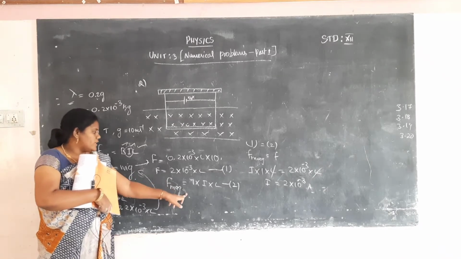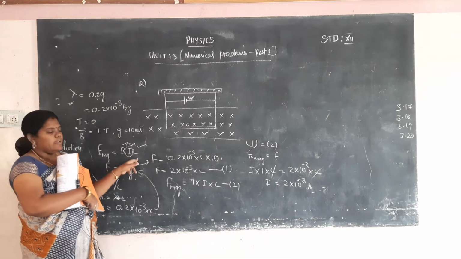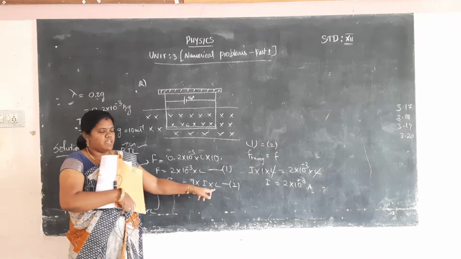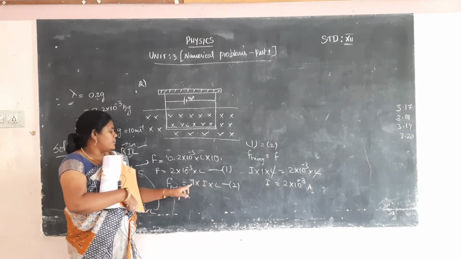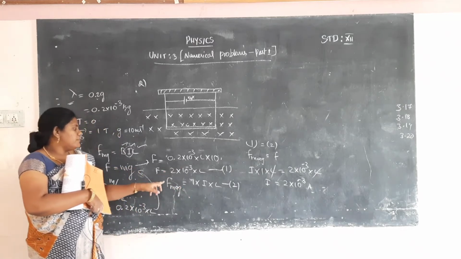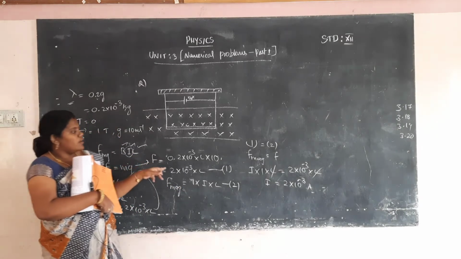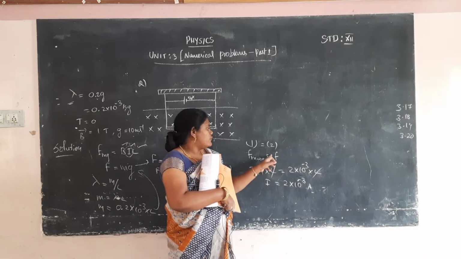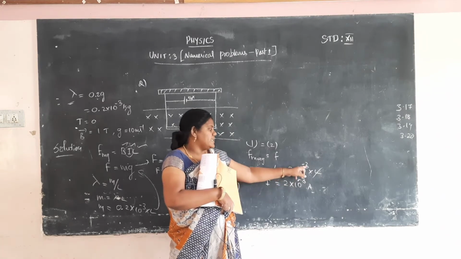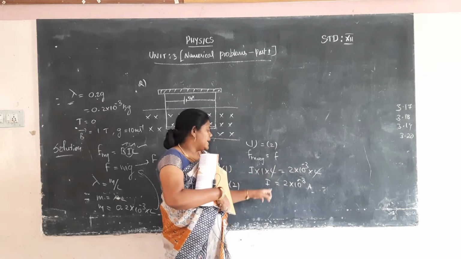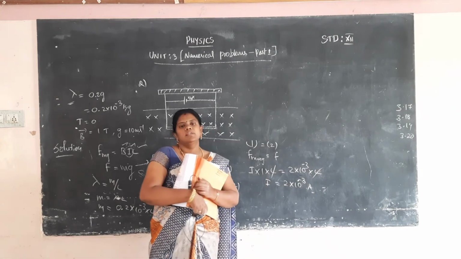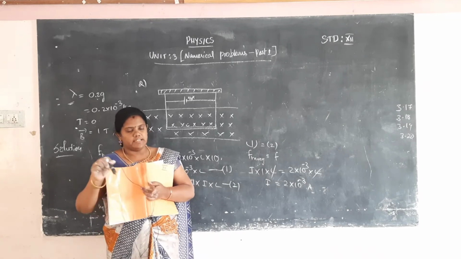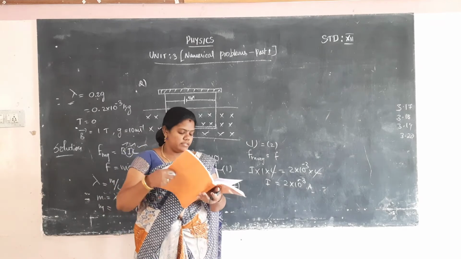Magnetic Lorentz force is equal to, formula is BIL. Substitute the B value 1 Tesla, the I value we want to calculate, and the L value is not given, so just mention it as L. So BIL, and then equating the magnetic Lorentz force and the gravitational force. Magnetic Lorentz force I into 1 into L, and the force is equal to 2 into 10 power minus 3 into L. On both sides L cancels, and the balance I is equal to 2 into 10 power minus 3 ampere. This is the current value flowing through the conductor kept in the magnetic field. Clear? And then go for the third one.